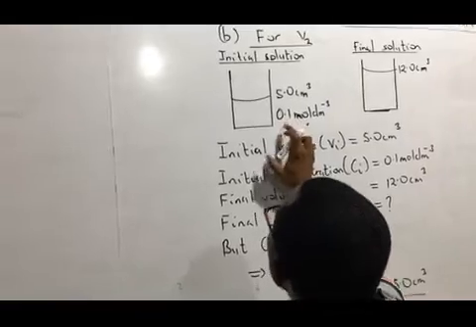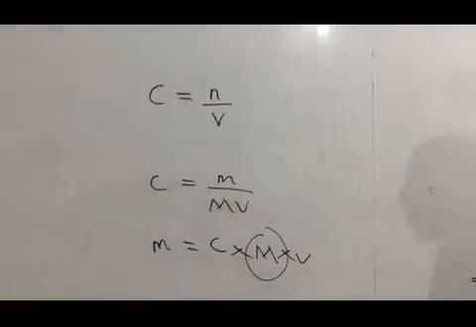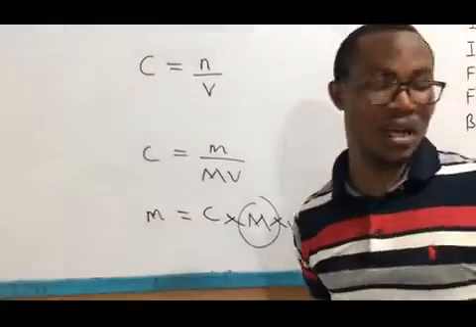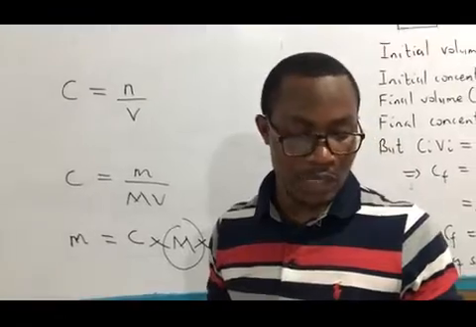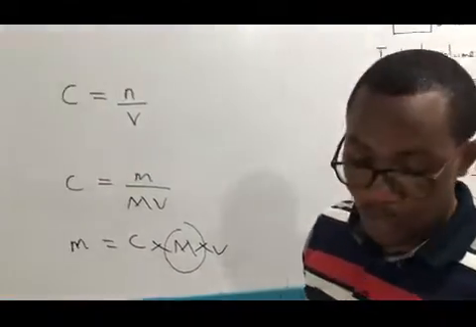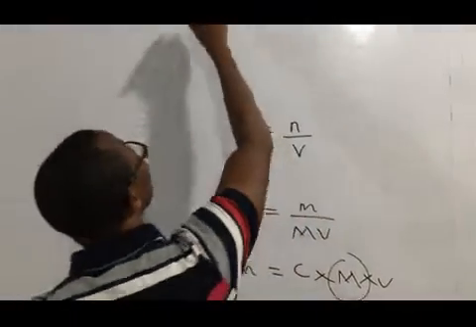The concentration is 0.1 mole per dm cube. So you are left with the molar mass. So you just have to calculate the molar mass of the compound. That is why under the question, we have the values of Na given as 23, the O as 16, and the H as 1. So the first thing is, you put down the information for the initial solution, where the volume or the concentration